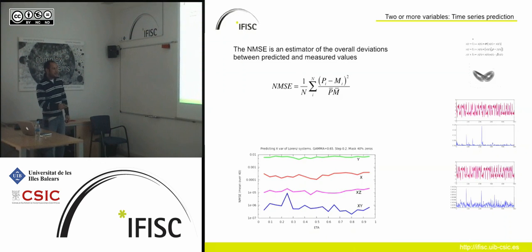And I have here different sets that I have tried. For example, all of them are trying to predict x, the chaotic time series of x. When I'm using y in order to predict x, then my error is the highest for this case. I can use x to predict itself, and it still is... these variables, I am adding more information. And X and Z are related in this way, while X and Y is the best performance that we get.